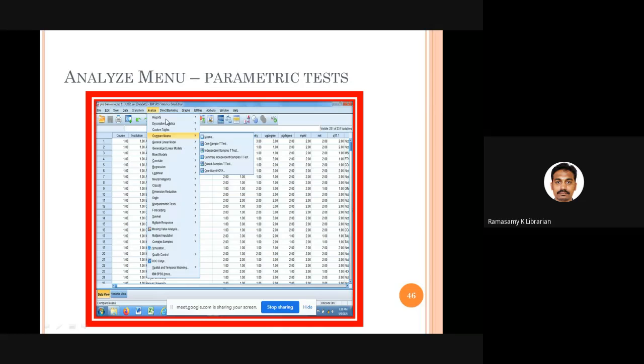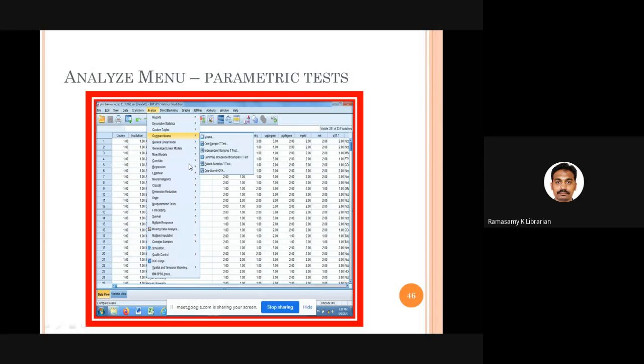And here in the analyze menu, you have all such kinds of analysis. Whether you want descriptive statistics, click this, descriptive statistics: mean, median, mode, all those things. Then custom tables, whether you want to create 2 into 3, 3 into 4, 5 into 6, any number of custom tables can be created. Then compare means, if you want to conduct a 1 sample t-test, 2 sample independent sample t-test, paired sample t-test, one-way ANOVA, you can go for compare means. Then you can go for general linear model. If you want to conduct a 2-way ANOVA, you can go for general linear model.